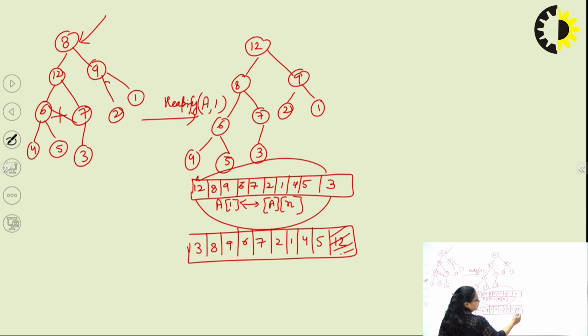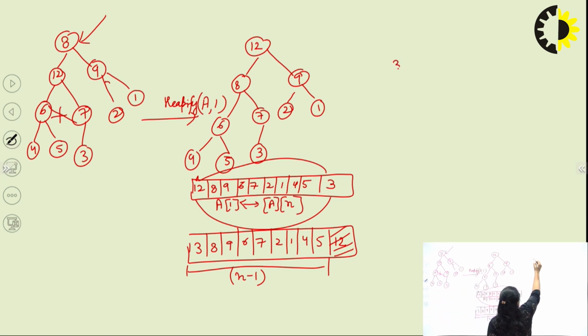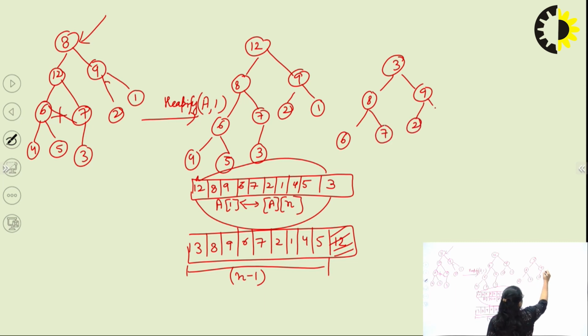Now the 12 will hold its own position. Right? Now you will apply the heap sort on n minus 1 elements. When you apply the Heapify on the n minus 1 elements, it will become the tree 3, 8, 9, 6, 7, 2, 1, 4 and 5. Now you have to again call Heapify a comma 1 because we always call it on the array on the largest element. So we will call it as Heapify